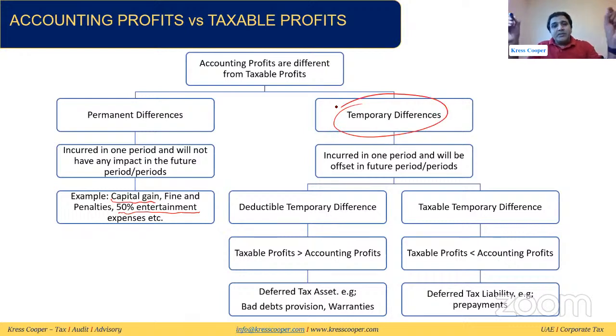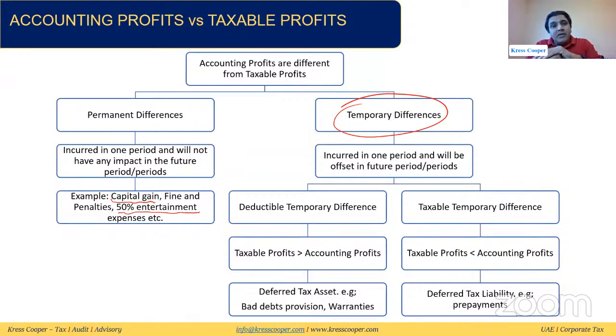These temporary differences will have an impact in one tax period, and they will have an impact in the subsequent tax period as well. So temporary differences will impact the current tax period and the subsequent tax period, there will be only a temporary timing difference, and the overall financial impact will be the same. Incurred in one tax period, it will have an effect offset in the subsequent tax period. These temporary differences can be deductible temporary differences, a little bit tricky, technical words, and it can be taxable temporary